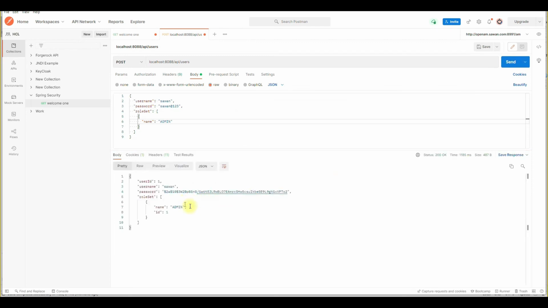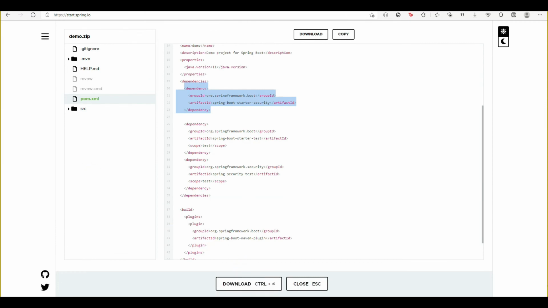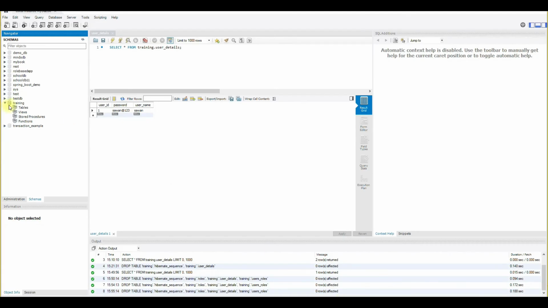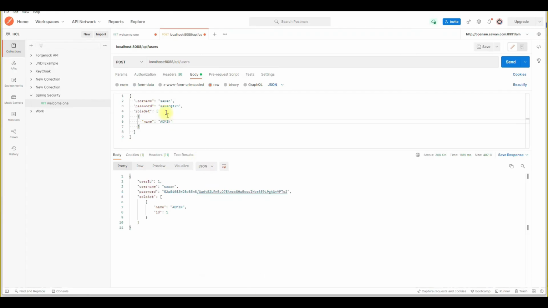Now it is stored. Okay, and inside the table, just refresh this, and in the user utility we are getting 100 here. Okay, now we are able to store our admin here. Let me add some more different types of user.